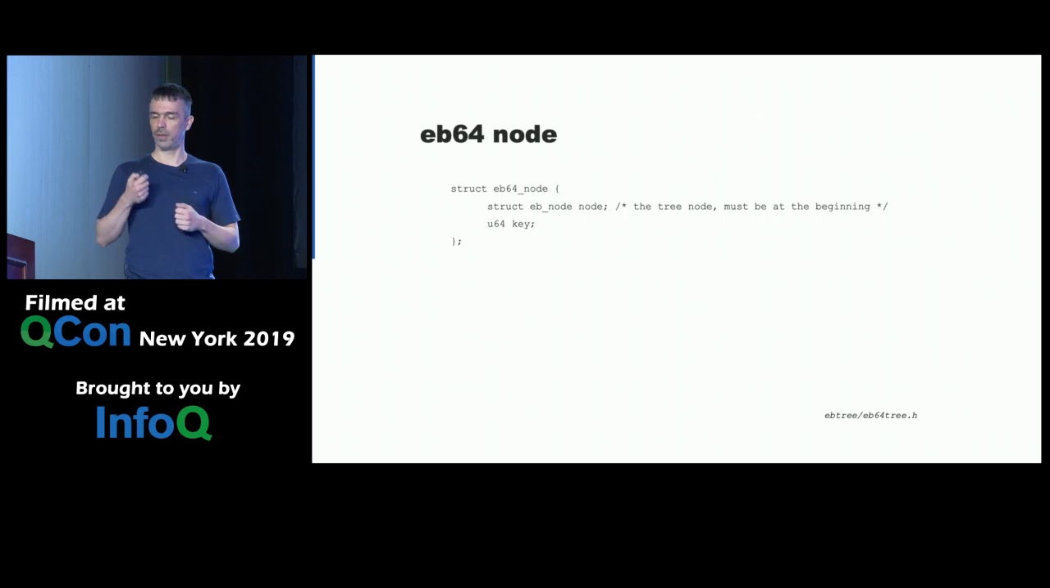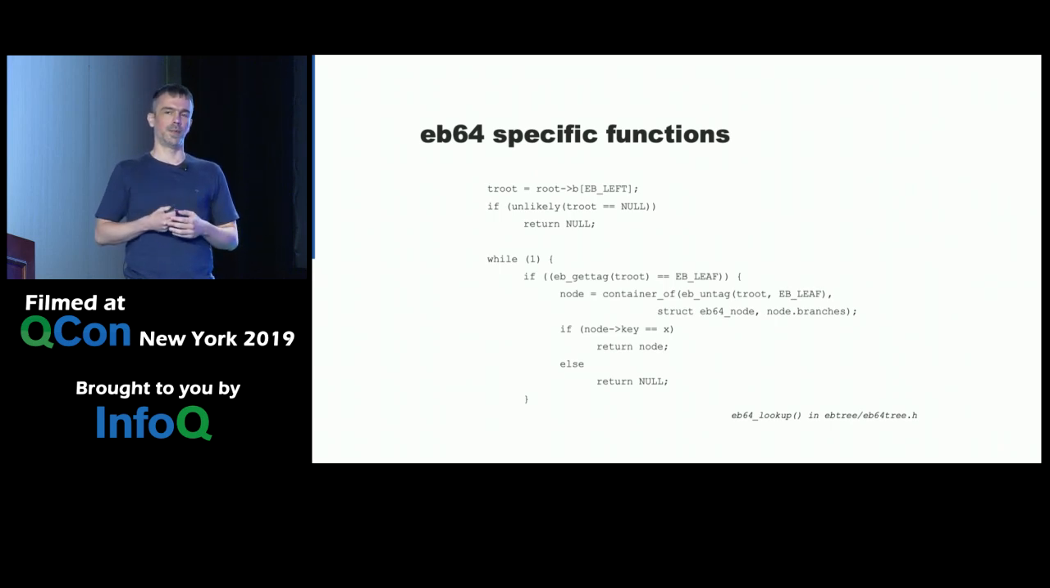An EB64 node looks like this, and it's very simple. It just contains the already mentioned basic node part and then the key following it. The functions that are different between the various tree implementations are the ones regarding insertion and lookup of keys, because this is where the keys start to matter. All the other functions, find next node, delete node, traverse the tree, can be performed without ever touching the key part. But the key being different between 32-bit keys, 64-bit keys, strings, and memory blocks, that's where we have different functions that implement lookups and